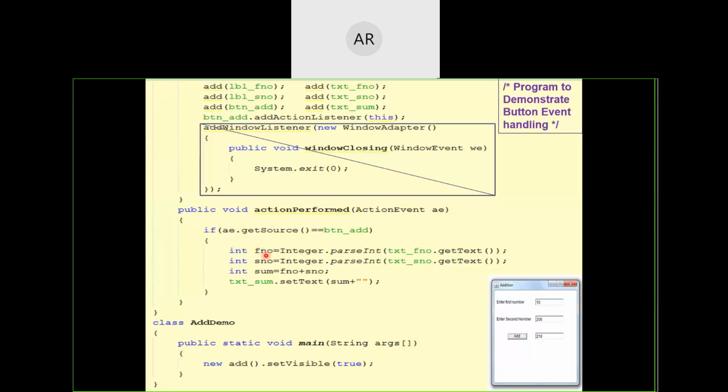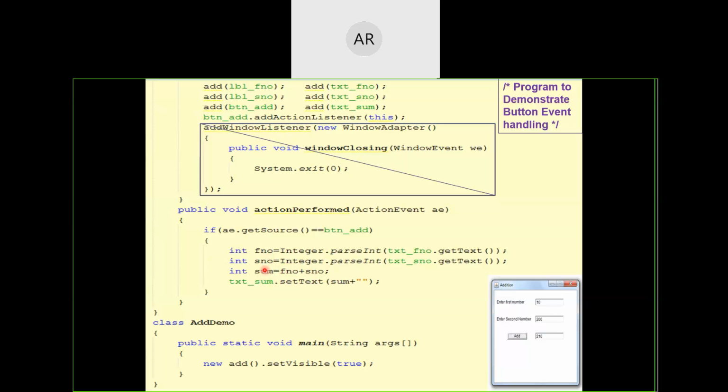Similarly, take the data from the second text box using the getText method, convert it into integer format and store it into sno. Now both the variables contain the first number and the second number. Using the third variable sum, add those two values and store it into sum.